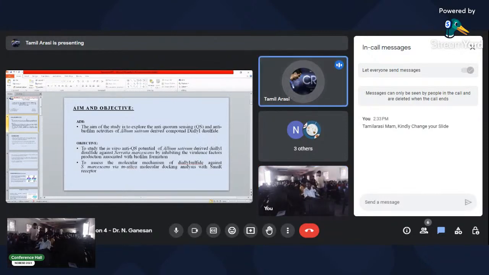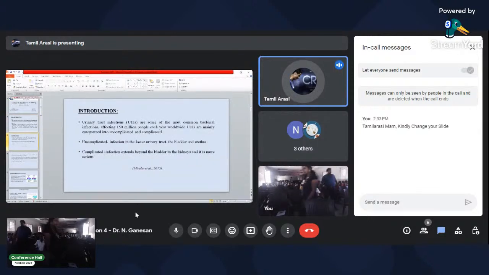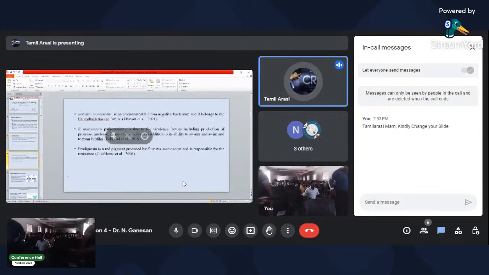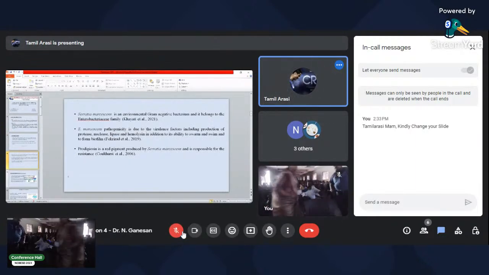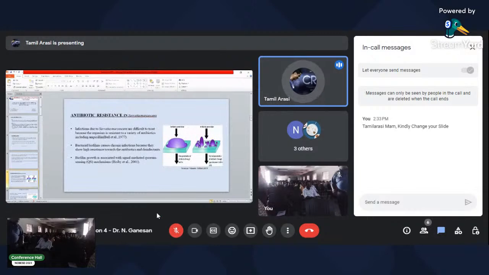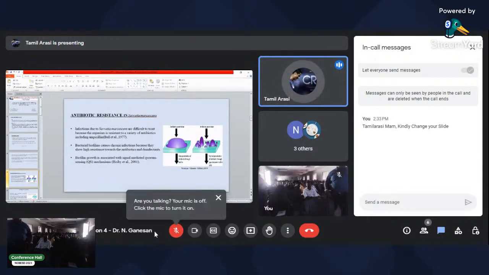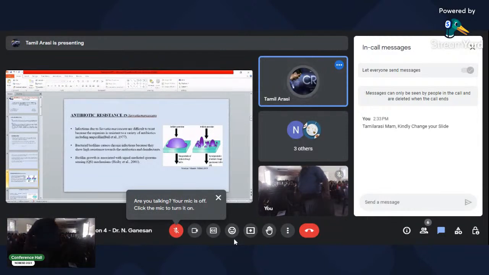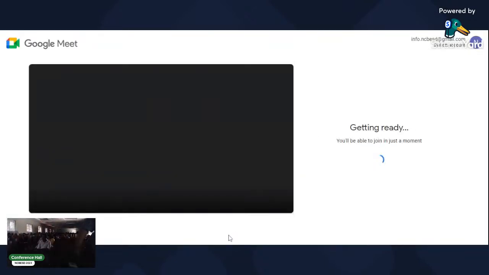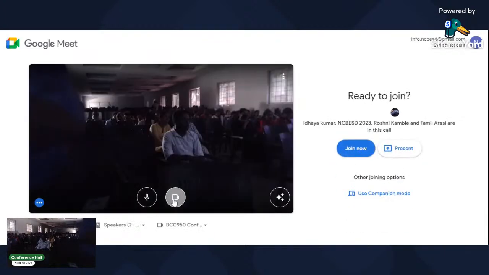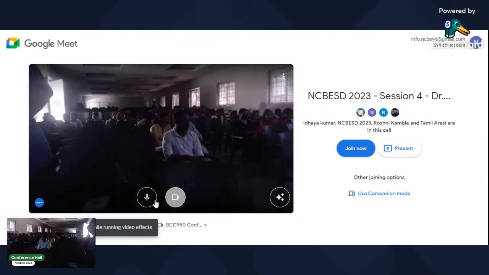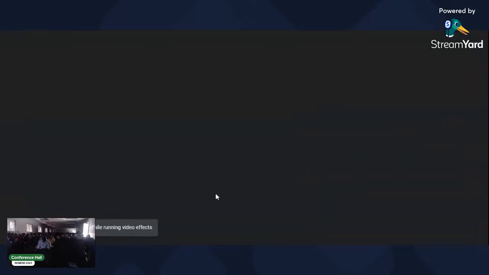Oh, sorry. I told you the aim and objective, and then the introduction to urinary tract infections, and then that it is caused by Serratia. And then I told you about the antibiotic resistance. And then because of this antibiotic resistance, we are going for an alternative search. And in the second image,